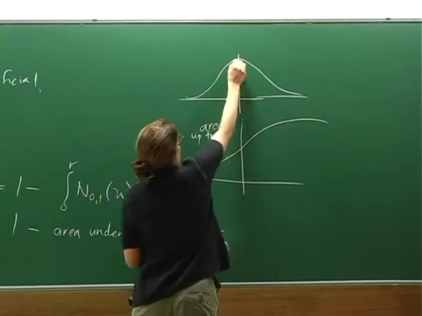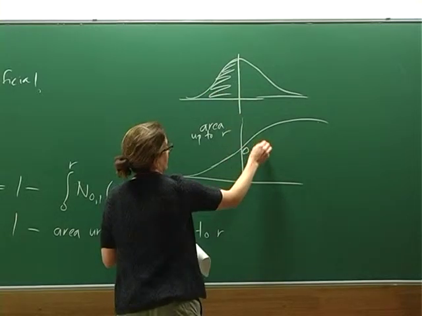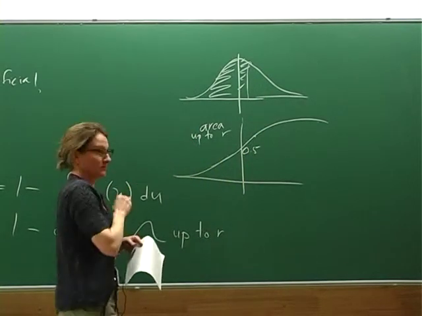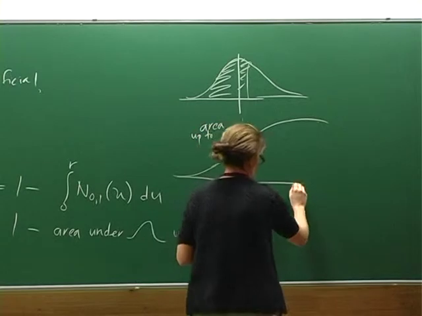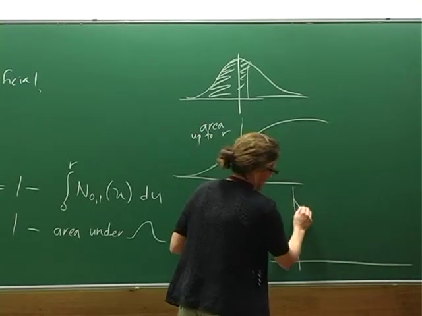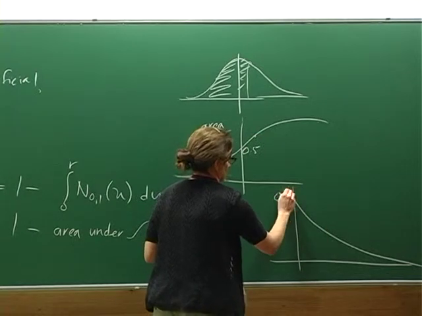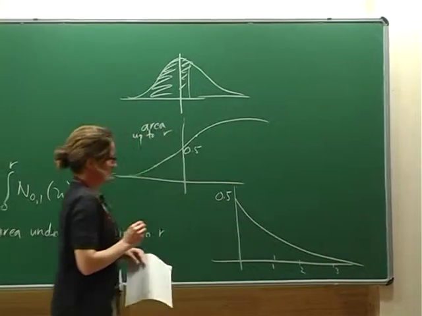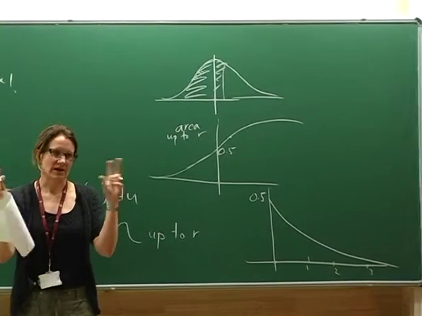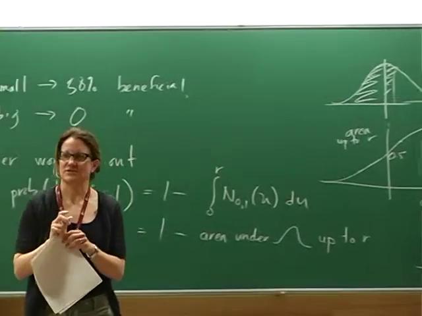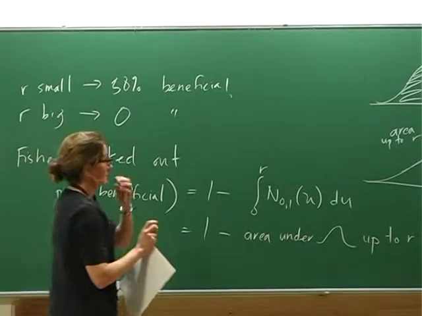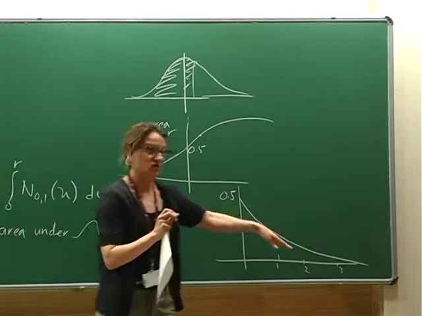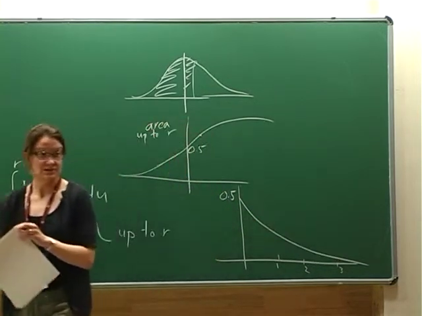up to R. So when we got to 0, we should be at 0.5. And if we went a little bit further, we'd be a little bit higher than 0.5, right? Approaching 1. And 1 minus that looks like this. Not to insult your intelligence. 1, 2, 3. Where actually these lengths are measured in some kind of normalized units, we have to do some standard normalizations to make it all make sense. But the big insight is that indeed 50% of the very small mutations are beneficial, and this is going to drop off pretty rapidly for large effect mutations.